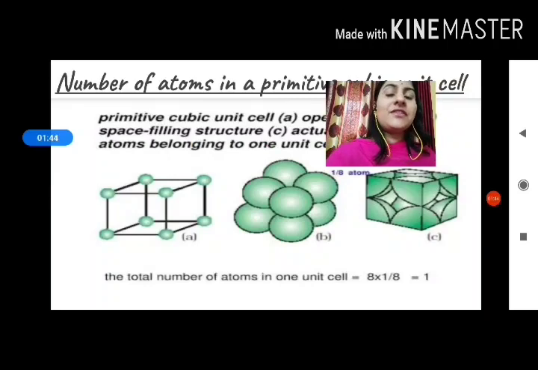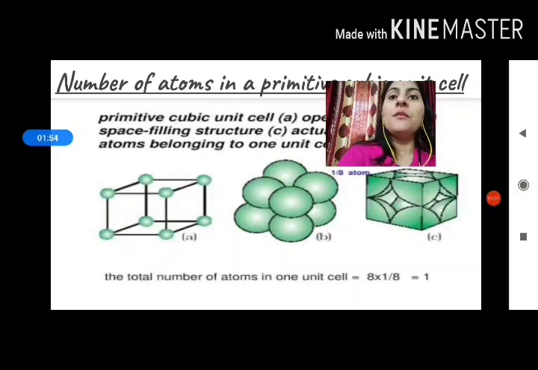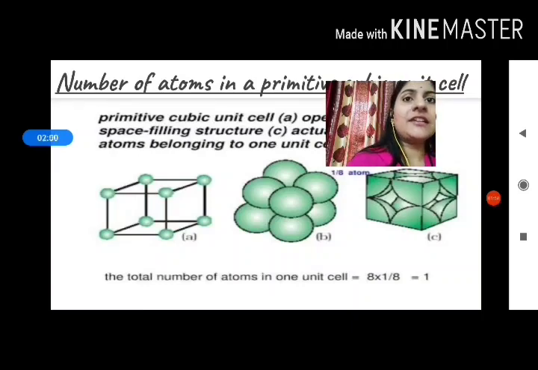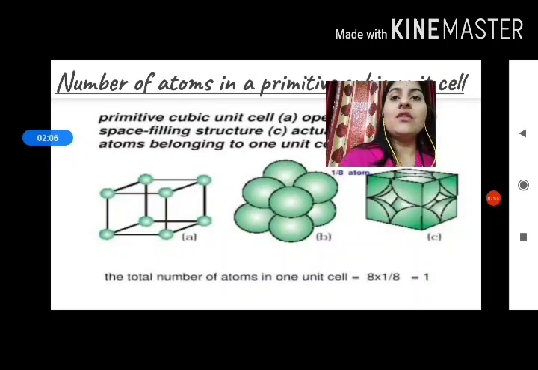So here we have the first type of the cubic unit cell, that is the primitive cubic unit cell. Primitive cubic unit cell has the atom only at its corners. Each atom at a corner is shared between the 8 adjacent unit cells: 4 unit cells in the same layer and the 4 unit cells of the upper layer. Therefore, only 1/8 of an atom or a molecule or the ion actually belongs to a particular unit cell. Since each cubic unit cell has 8 atoms on its corners, the total number of atoms in 1 unit cell is 8 into 1/8, that is 1 atom.